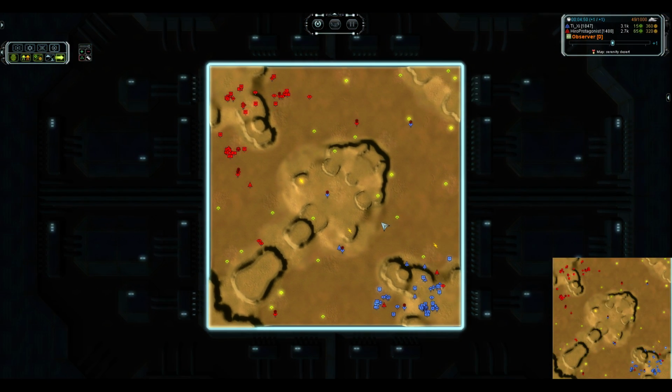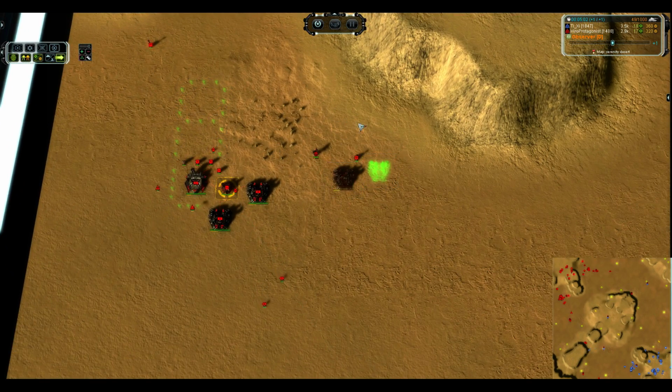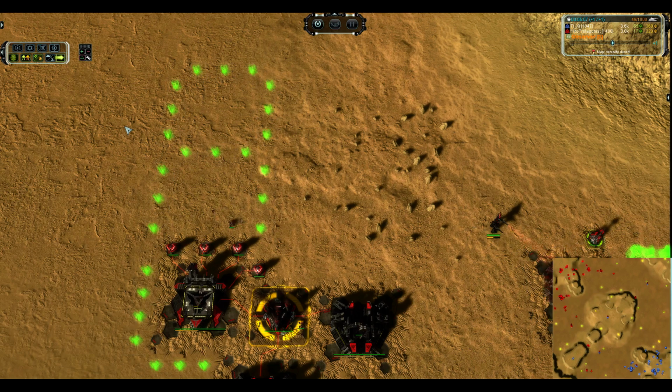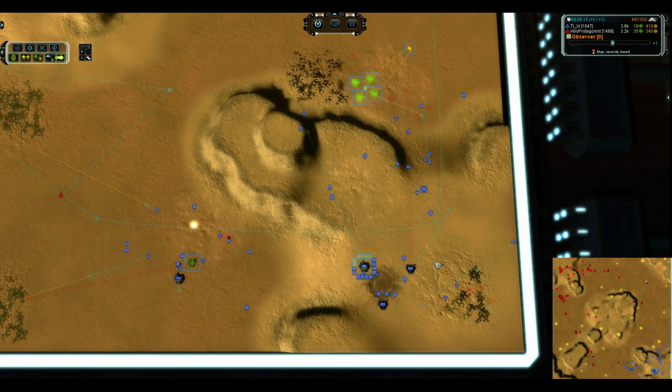TZ definitely has the early air advantage here. He's got that bomber up. He's got 3 interceptors to 2 for Hero Protagonist. Hero throwing down a couple more land factories, and it looks like he's queuing up a grid for multiple air factories. This is going to be an interesting one, folks, because anytime you see that many air factories being queued,